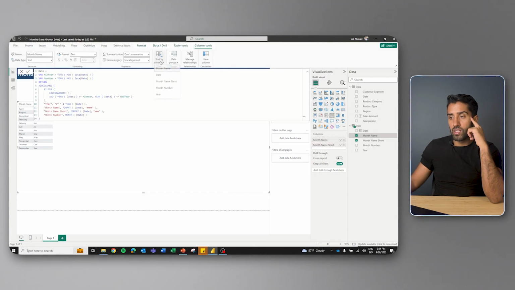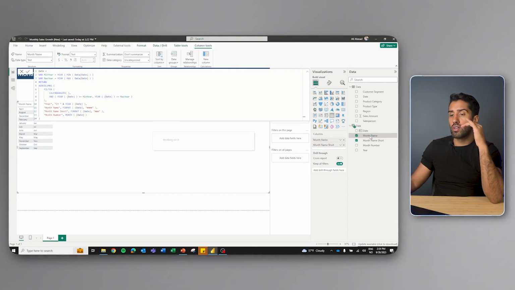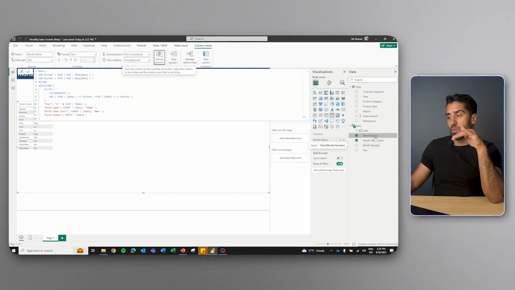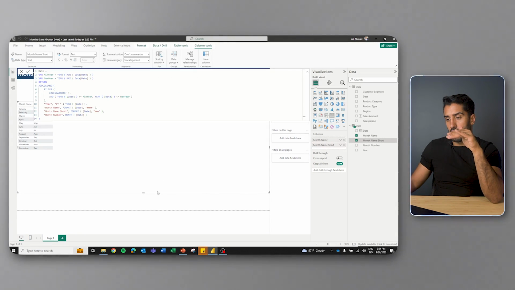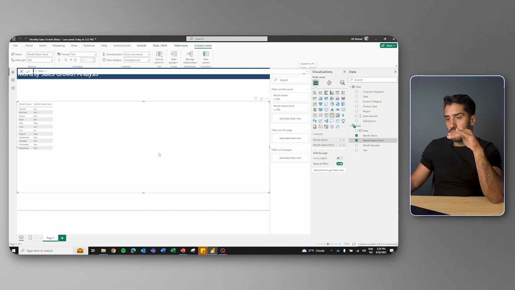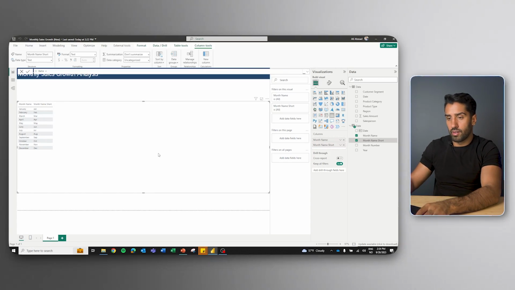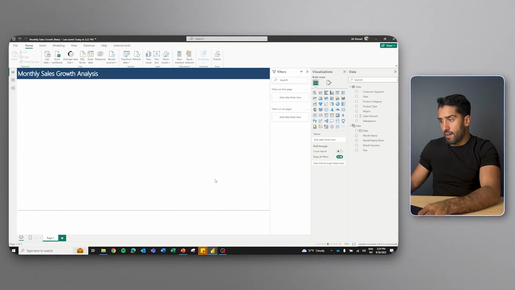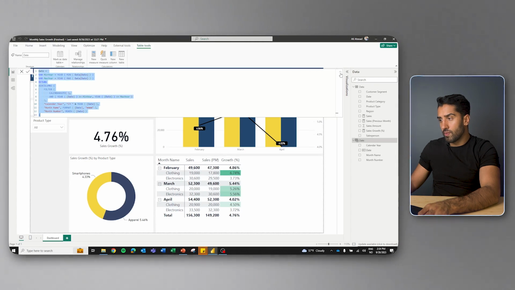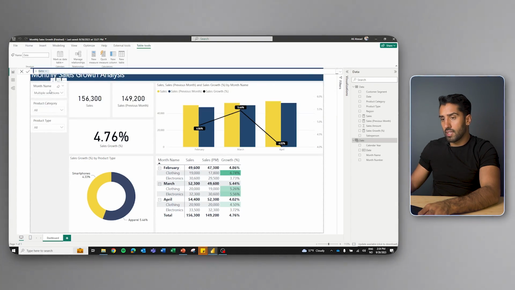Click month name, sort by column, month number. It's going to sort that by the integer of the month. Same with month name short, sort by column, month number. Same. We're getting there. Much cleaner, much cleaner. Okay, perfect. The next thing we can do, we can add these slicers on the left, or we can add